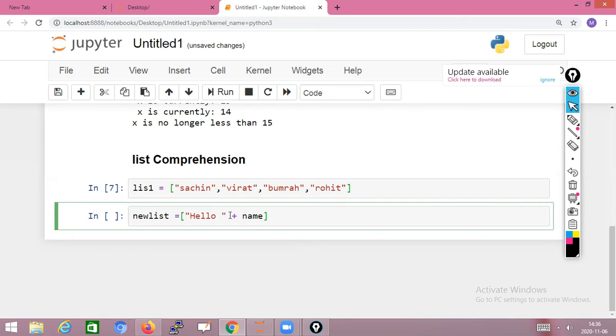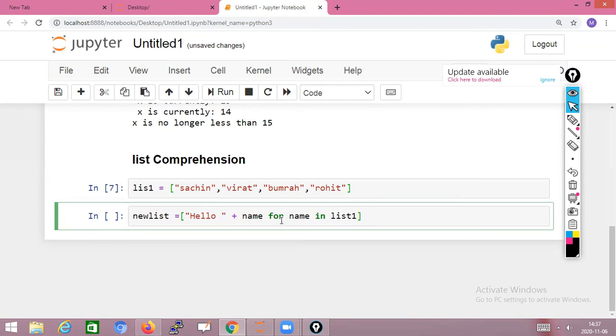Listen here, this name is one variable, and each time it will store a value of the list. So first name will store Sachin, next name will store Virat, like that. So name is one variable, each time it stores the list values. So name for, this is the syntax, name in list one.